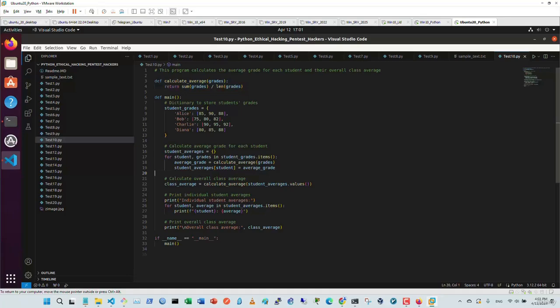So after that, returning the value, and we get the value, and from here you can see that we are going to call it from here, class average. Okay, and calculate overall class average like this, and pass numbers from here, and then print it for student average